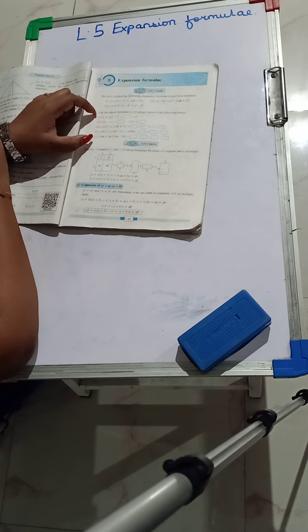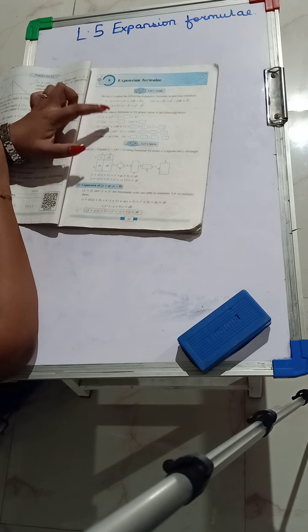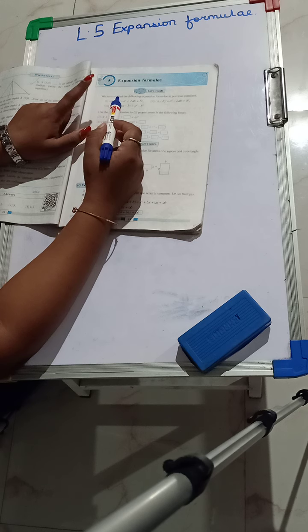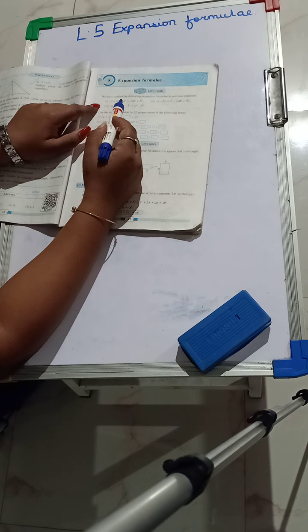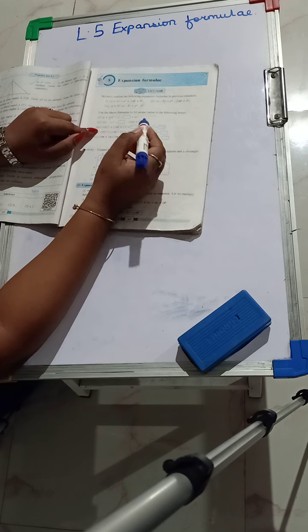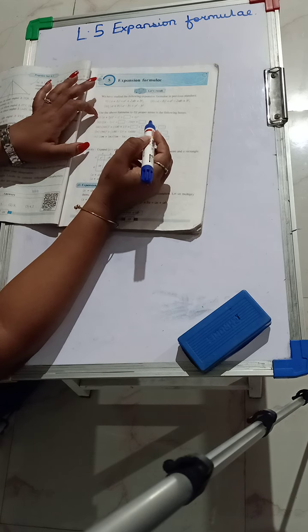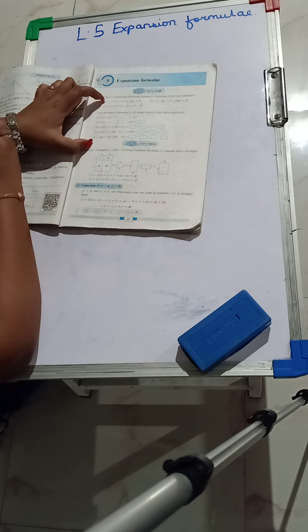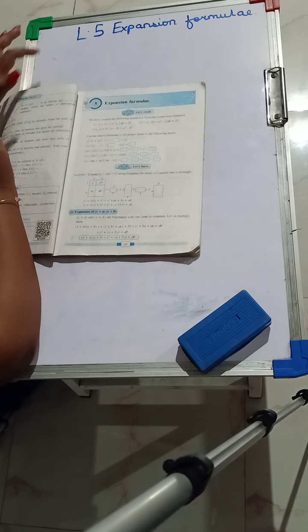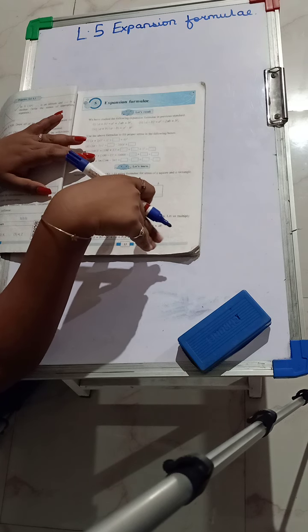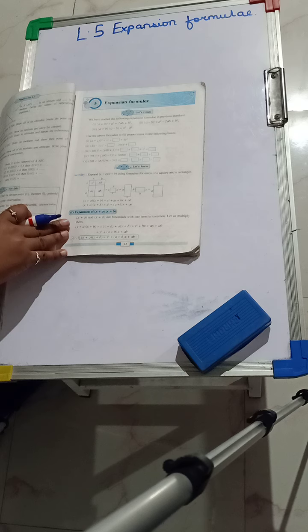Down they have given to you 5 sums. You have to fill in the block boxes. With the help of these formulas, which you already know, you are supposed to only fill these boxes. So this will be for your homework, but once you fill in the boxes, you need to copy this in your notebook first. After you finish copying, then you are going to continue with the current formulas that we are going to study today.